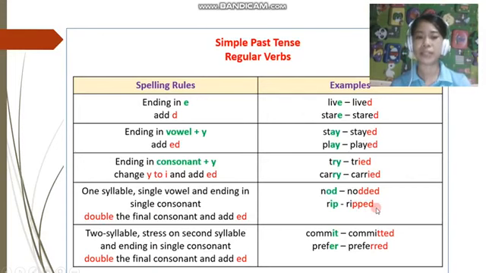Don't forget the rule here. This is the golden rule. So you have to remember it when you have the test or the exam. I will tell you about the exam. So you have to remember all this spelling rule. Okay, the last rule is that if the verb has